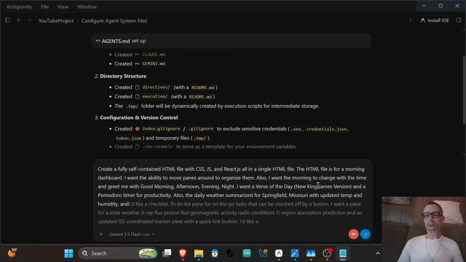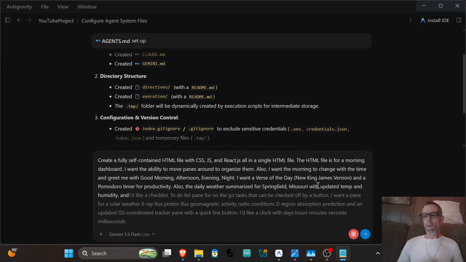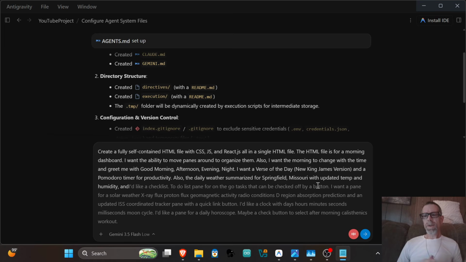I'd like a clock with days, hours, minutes, seconds, milliseconds, moon cycle. I'd like a pane for a daily horoscope, maybe a check button to select after morning calisthenics workout, maybe suggest a new routine every day, but for an old man like me. Also include a fun biology fact